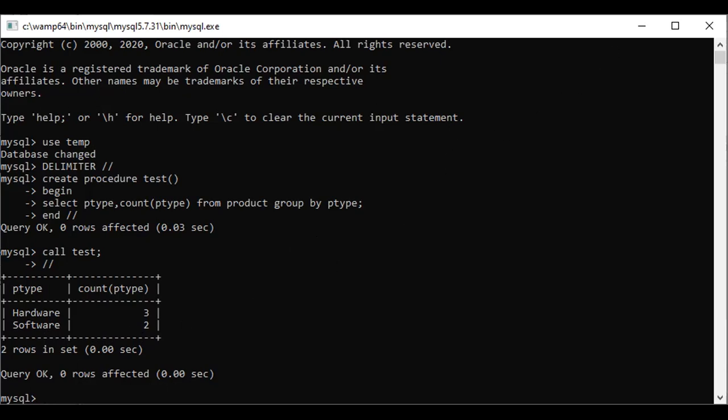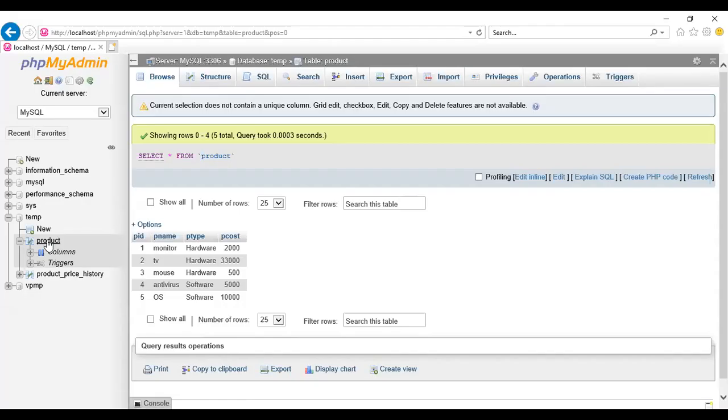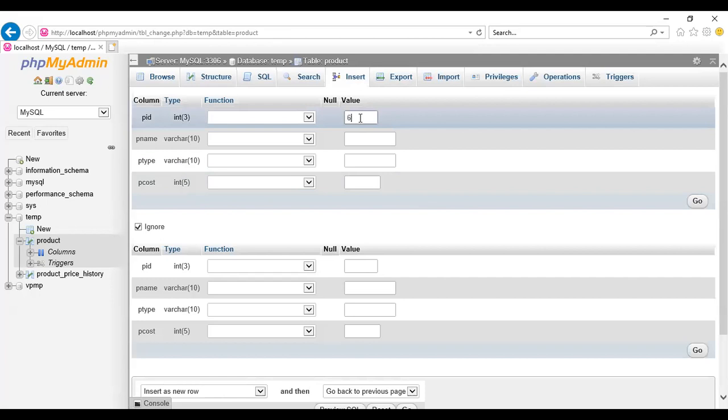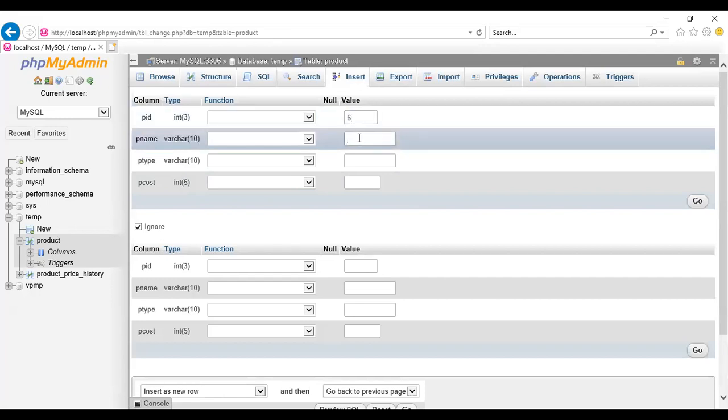Now, once again, do some change in this. Enter one data on the product table, insert one more record with ID 6.